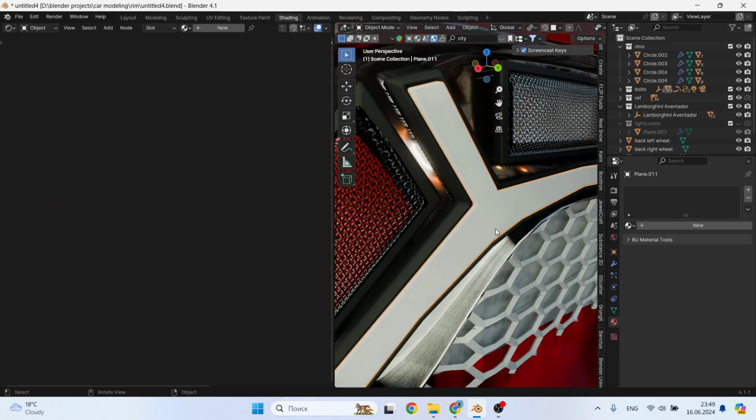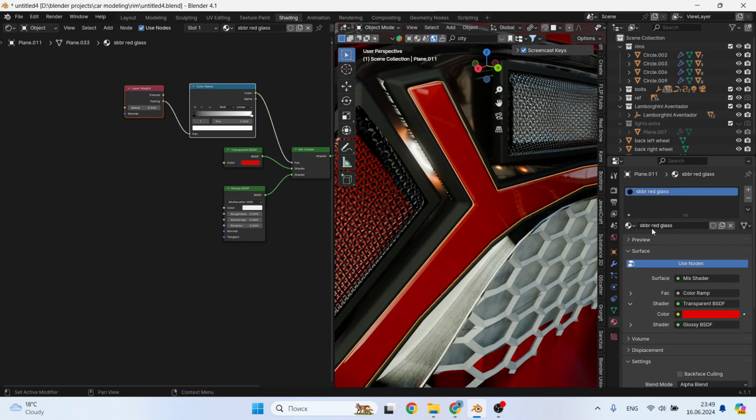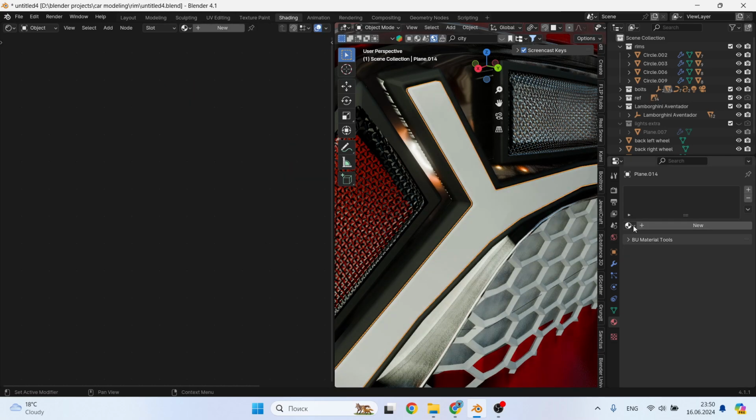Now we can move to the long light. Copy the red glass as I want and make it a little lighter, and rename it. And in the transparent node you can make it lighter. When the outer glass is ready, we hide it. You can move on to the inner reflective one.